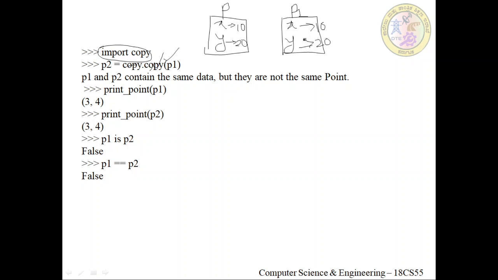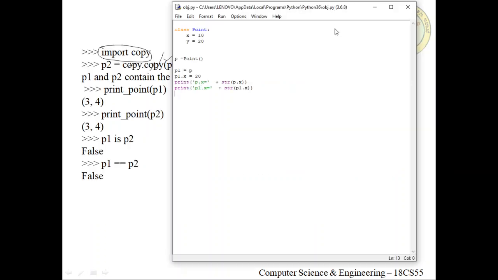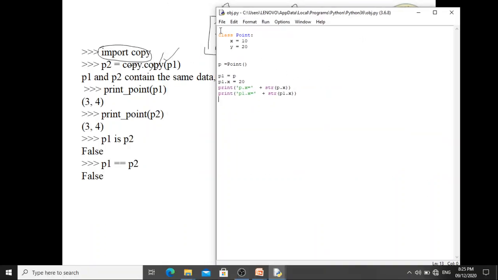That is why if you modify P1.x to 20, your P.x remains unchanged, because these two are different memory locations. The same thing we'll do in Python. First we import copy.